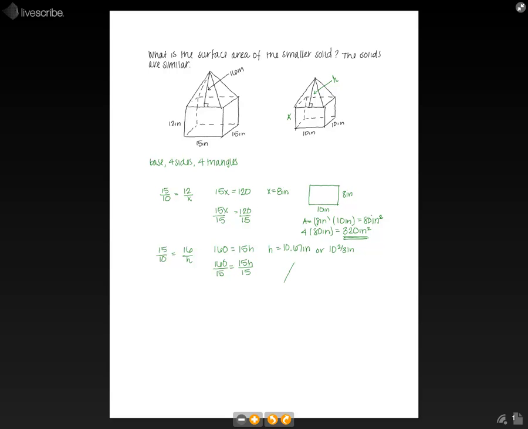Alright, so now we want to find the area of a triangle. The triangle looks like this. We know that the base is 10, and we know that the height is 10.67 inches. Alright, so we know that area is equal to 1/2 base times height. So the area of this triangle is 1/2 times 10 inches times 10.67 inches. Alright, and that is going to be equal to